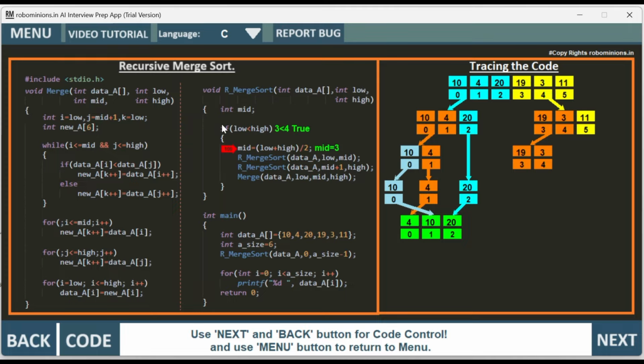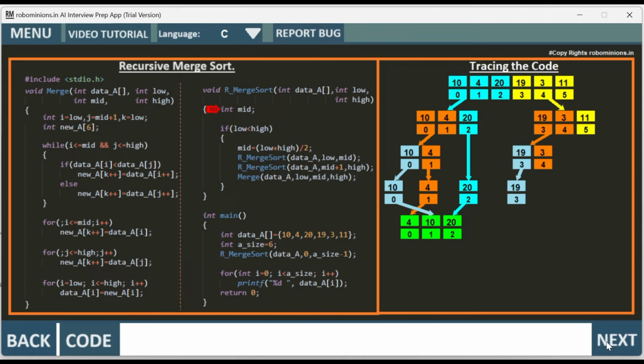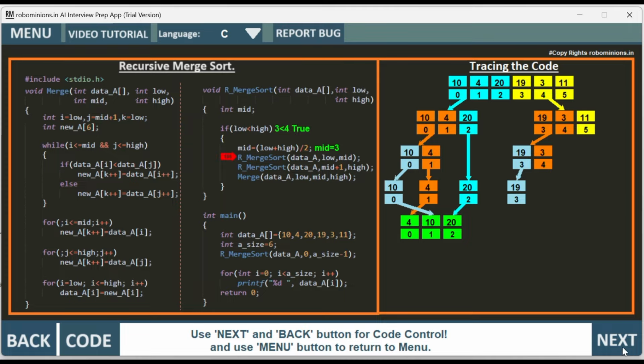Now we go inside the if condition. We calculate the mid again. Mid equal to low, that is 3 plus high 4 by 2, mid equal to 3. So mid is 3 now. Then again we call the recursive merge sort low 3 comma mid 3, 3 comma 3. So 3 comma 3, 19 is copied down. So now we have low is 3, high is 3, 3 less than 3 is false, comes out of the recursive merge sort,